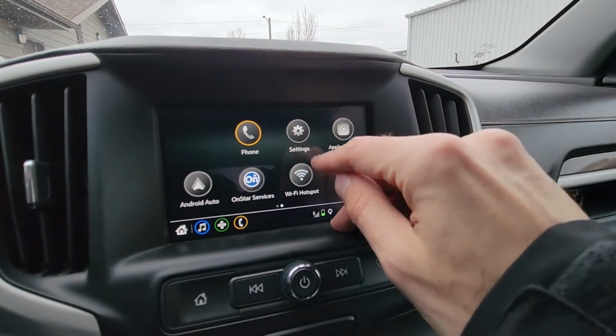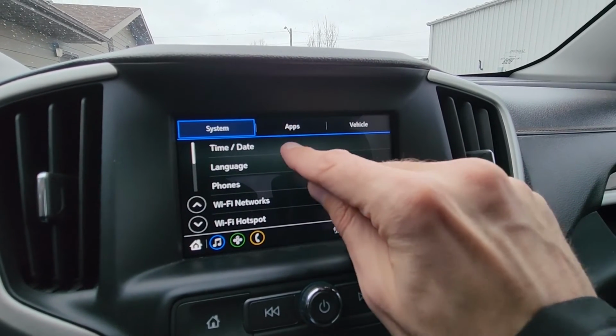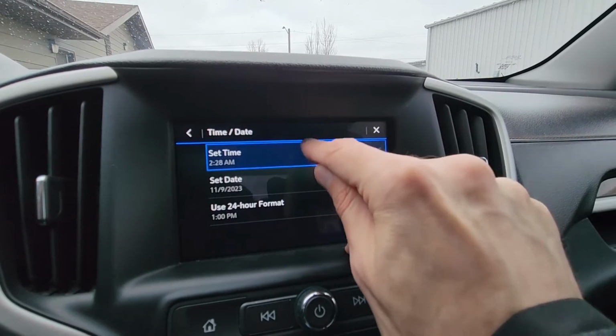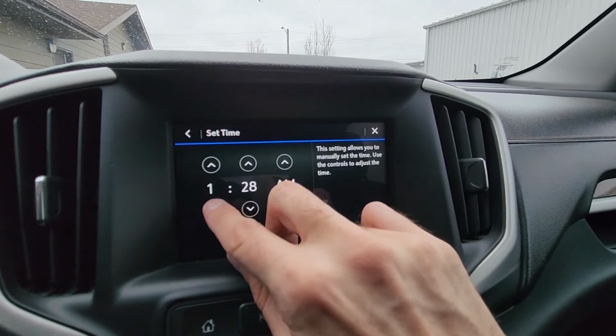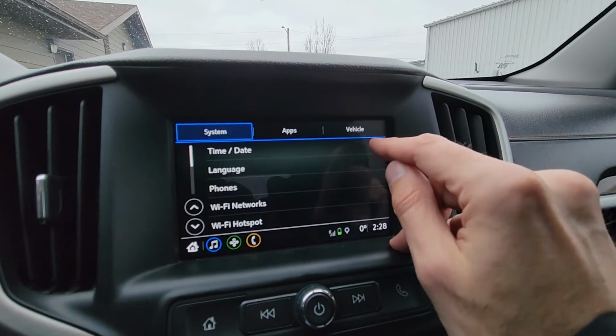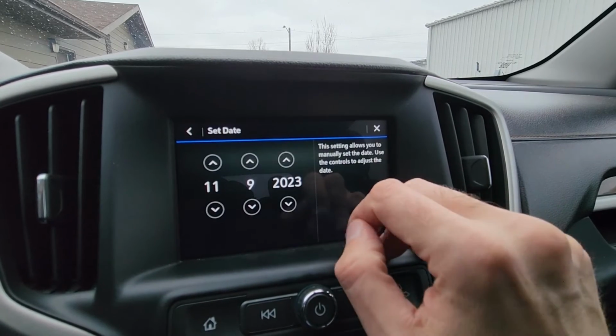On the main screen you will press settings, and here in the main menu under system you will have time and date. Select this and now you can set the time by changing the dials, so that's simple. Then you can also set the date, same thing,